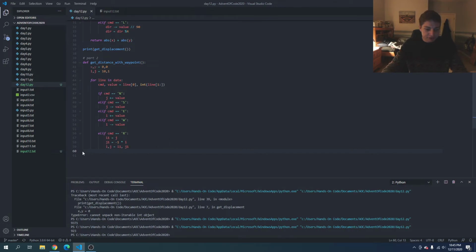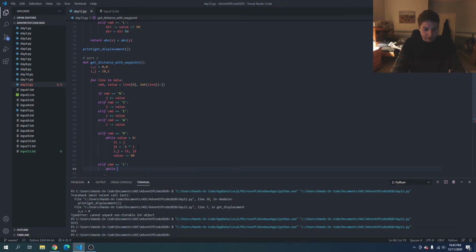And the issue is we need to know how many times we're going to rotate. Because if it's 90 degrees, rotate once. If it's 270, rotate 3 times. So I think what we... Oops. Thank goodness for Control Z. So let's go ahead and enter that there. If we tab that over, and we're going to say while value is greater than 0. And then at the last line here, value minus equals 90. So if it's 270, that'll run 3 times, 180, that'll run 2 times, and if it's 90, then that'll run once, I think. And then else if CMD is equal to left,